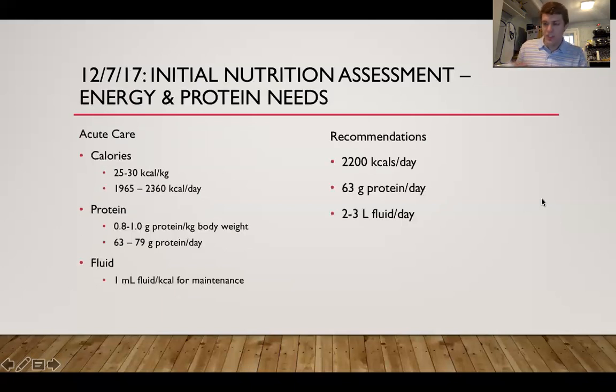So his energy and protein needs, based on guidelines from the facility: we didn't know that he wasn't diagnosed with any cancer yet, so we used our acute care guidelines: 25 to 30 calories per kilogram, 0.8 to 1 gram of protein per kilogram of body weight, and 1 milliliter of fluid per calorie consumed for fluid maintenance. Overall, his recommendations were 2,200 calories, 63 grams of protein, and 2 to 3 liters of fluid a day